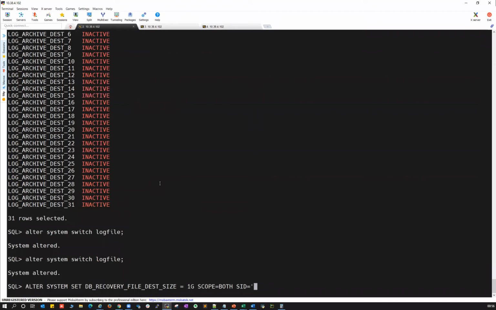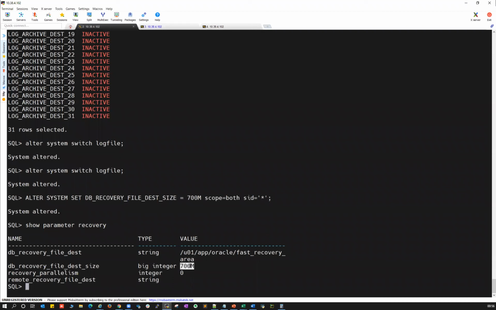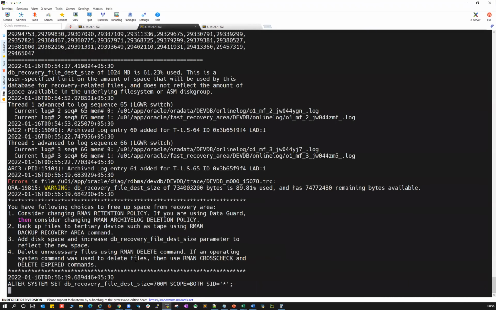Okay, I'm just going to set it to 700 MB, 700M, with scope equal to both and SID equal to star. SID equal to star doesn't matter because it's a standalone. Right now you can set it to 700 MB. Show parameter recovery. You can see it is set to 700 MB, and the limitation size is now set to 89%